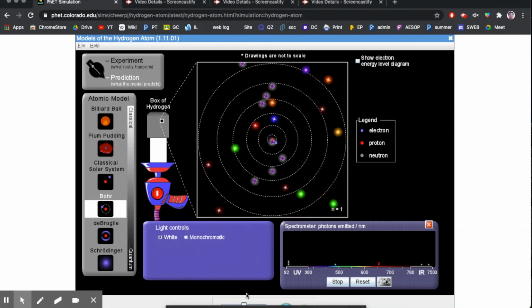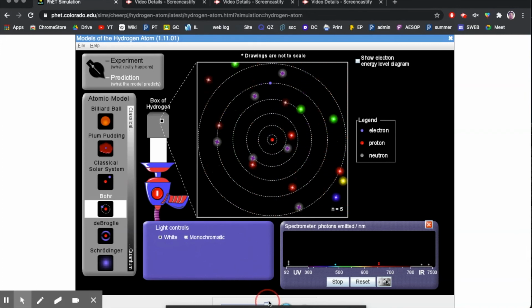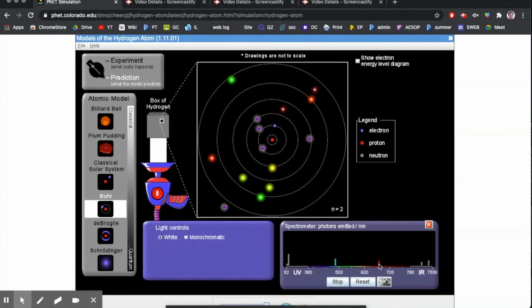And so what we're going to do is make this go super, super fast. And you can see, oh wow, it's going really fast now. But some of the stuff we can't see. Some of these energy level transitions are in the UV, some of them are in the IR. We can't even see those. But we can definitely see the cyan one. We can see the red one. And so eventually, as we let this run